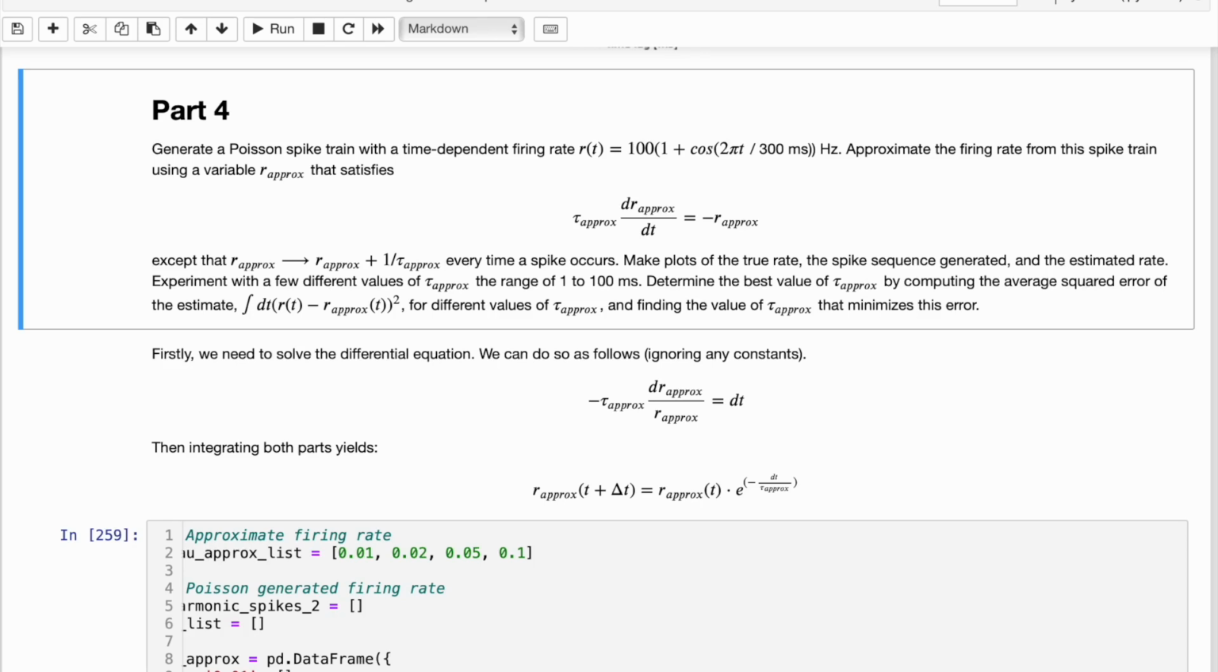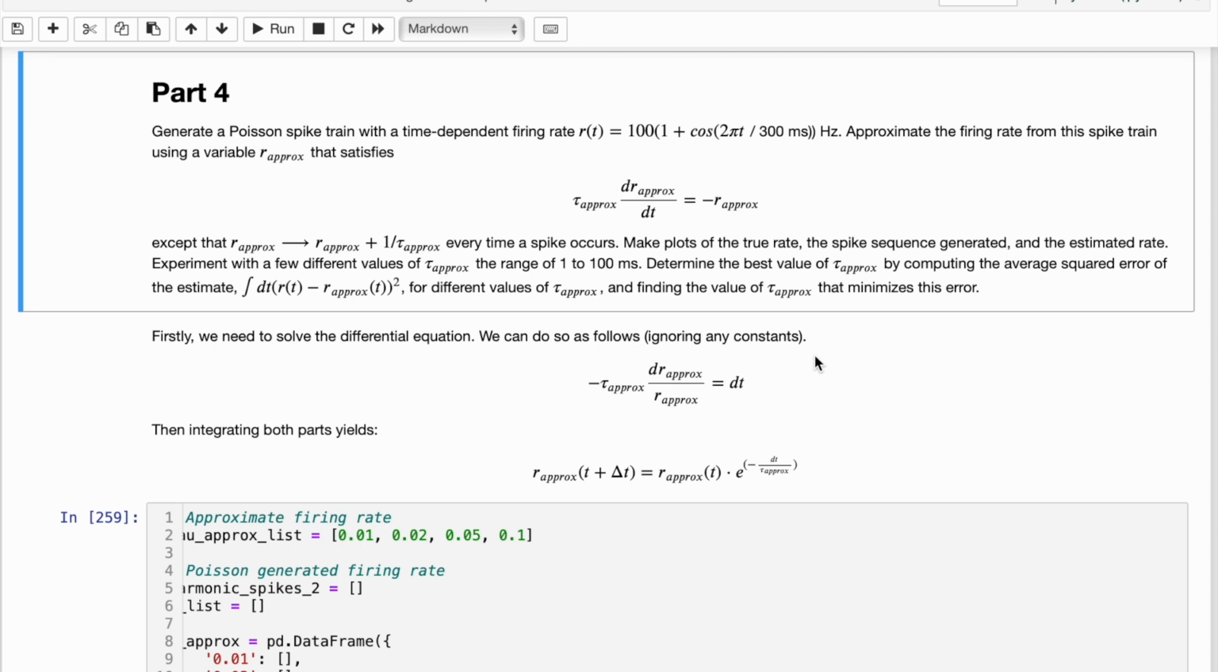Part 4. In this section, we have quite a few different tasks that we have to work through. So let's figure out first what it is exactly that the exercise asks of us to do. So firstly, we are going to create a spike train using this function, which is very similar to the firing